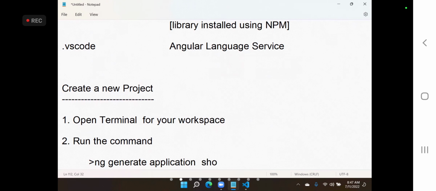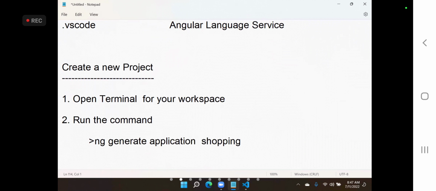For example, I give shopping, that is the name. You can give any name for the project. So now the project is created. When the project is created, several new things will be added into your workspace and several new files will be generated. Now the project file system is different again. It contains a lot of things.